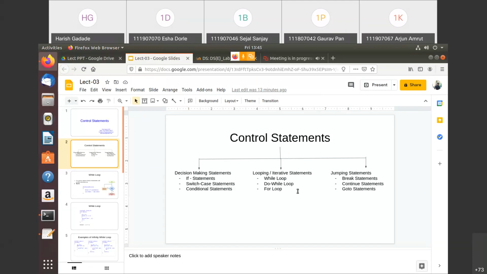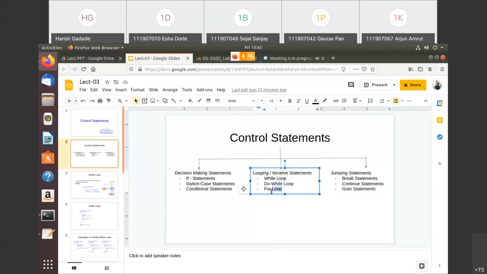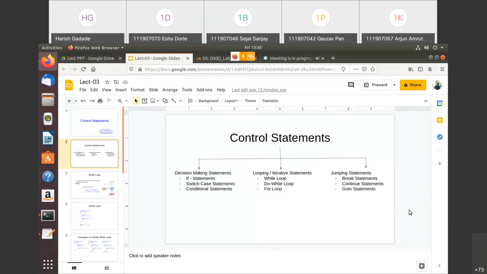Here the working of while and for loop is exactly the same, only it differs in syntax. Only do while is something different, so we'll see how it is different, in the syntax as well as in working, right?